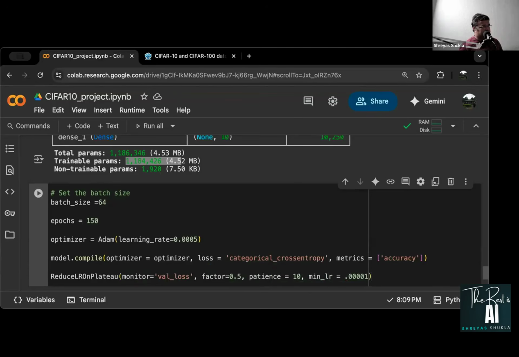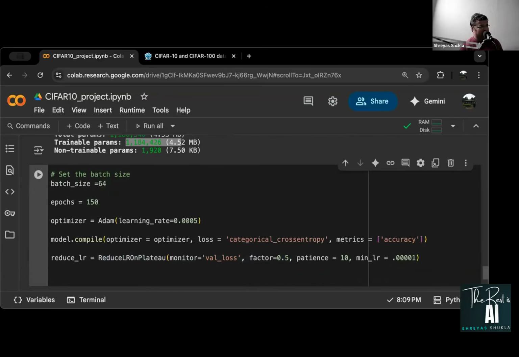0.001. Okay, so again, it's an optional part, but I suggest that you include this, especially if you go back and run this training for 300 or 400 epochs. In that case, this is going to be very, very helpful. We are not going to do it right now because I do not have that much time to train this for 300 epochs, but you can do it at your end. I'll put a note here: instead of 150, run this for 300 or maybe